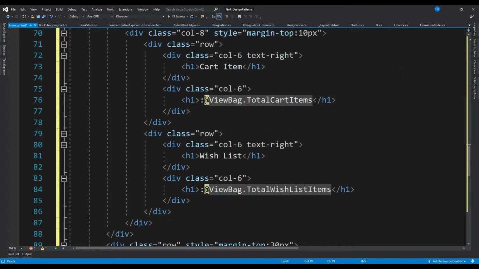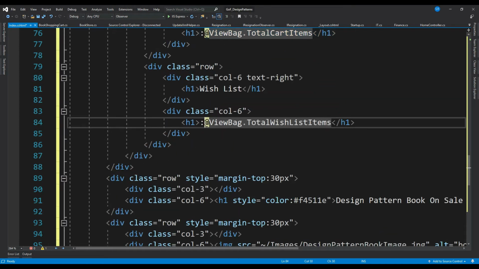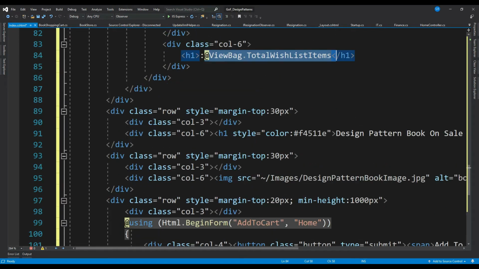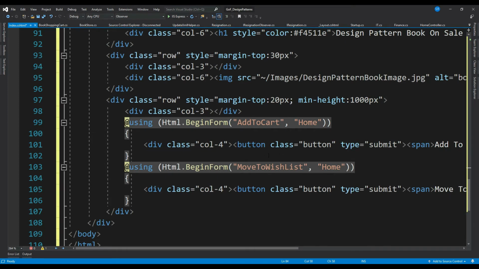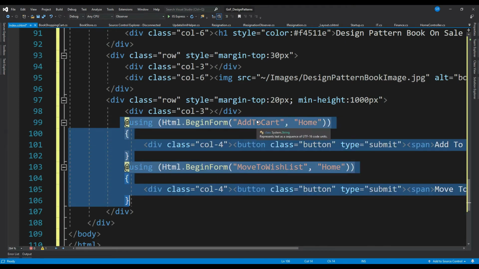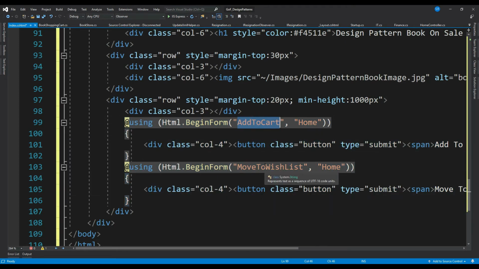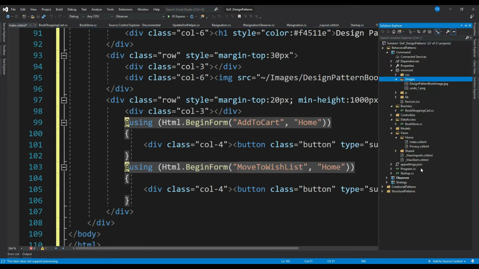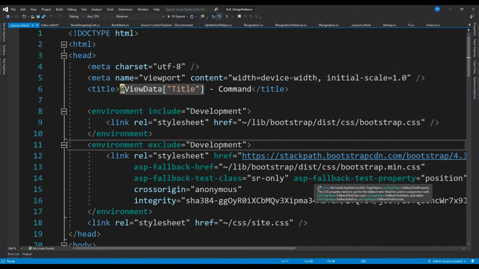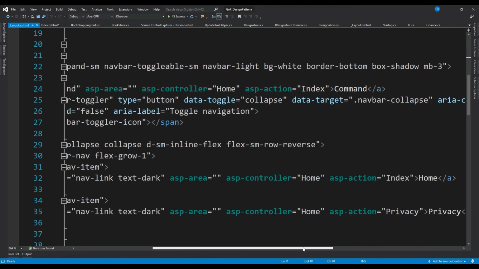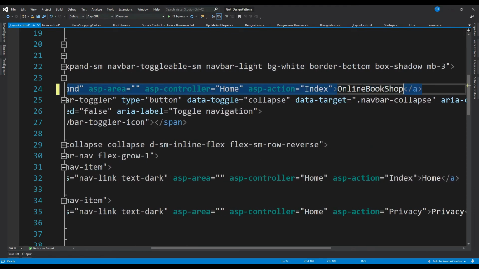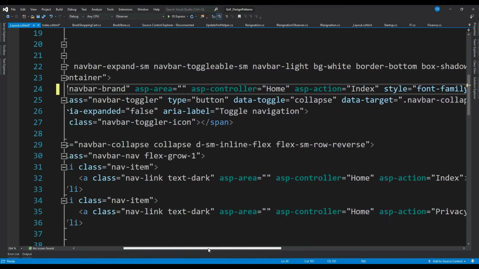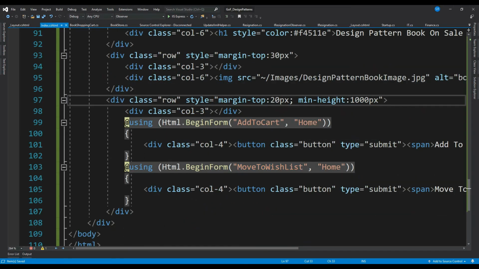H1 tag for displaying total cart item and for wishlist item. Then down here again two action methods for adding item to cart and moving item to wishlist. Let me change my site name to online bookstore and its color to red. So our view is done.